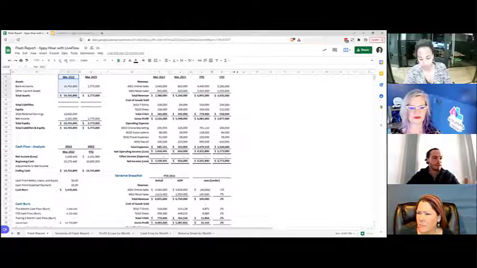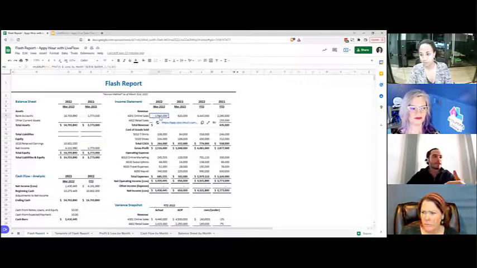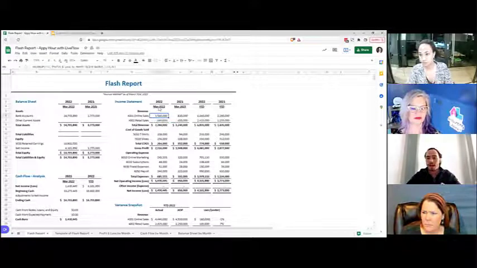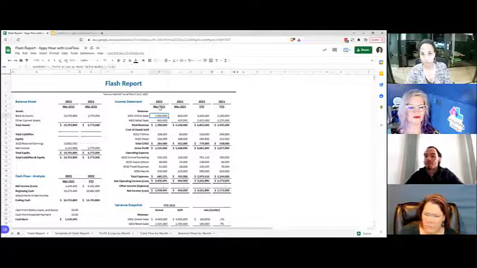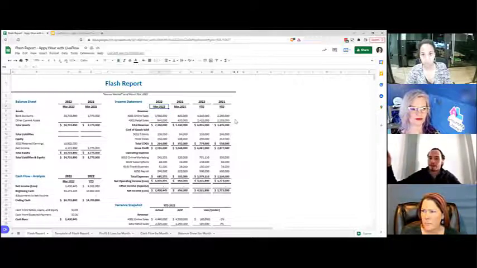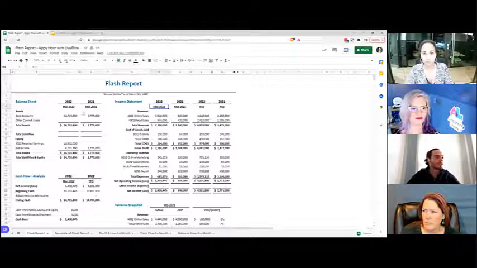Same thing with the balance sheet and the variance snapshot. What's beautiful about LiveFlow is not only the fact that these numbers can get updated, right? So if someone goes back in and changes March data from 1.54 to 1.6, that's automatically going to flow. But maybe what I find the more beautiful aspect of this is, let's say a month goes by from now, right? A month goes by from now, April has been closed, and we want to pull in April data into this. Well, frankly, all we have to do